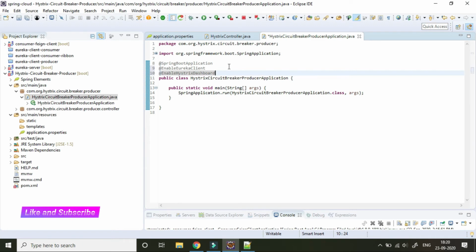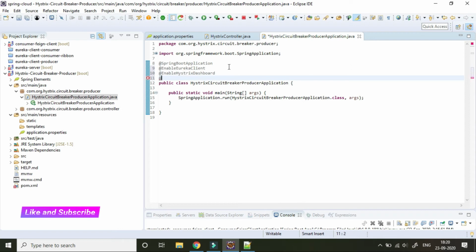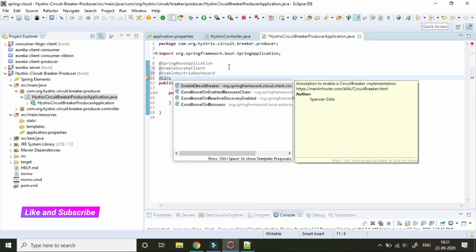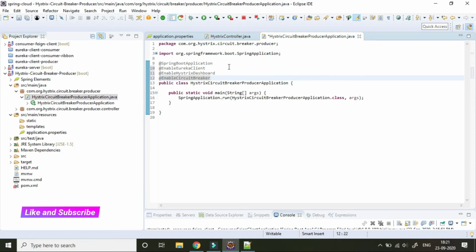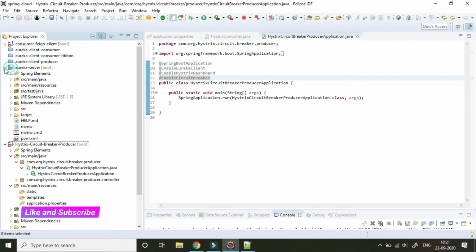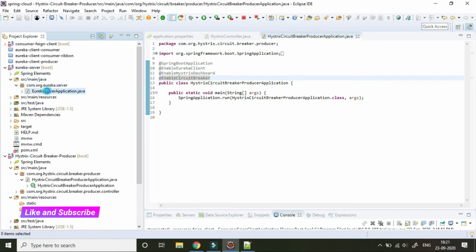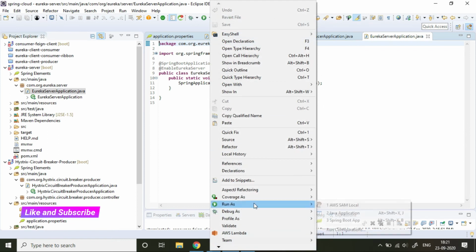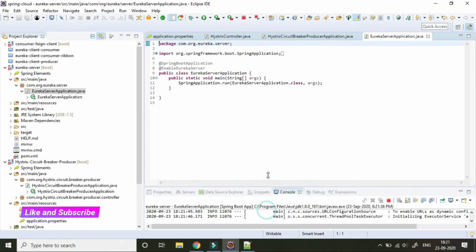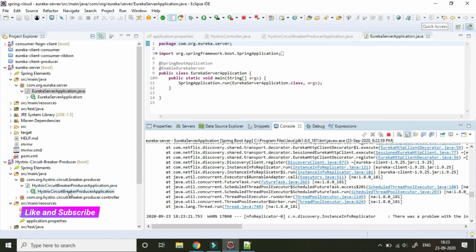So this annotation will help to bring up the Hystrix dashboard. So we will bring up our Eureka server.